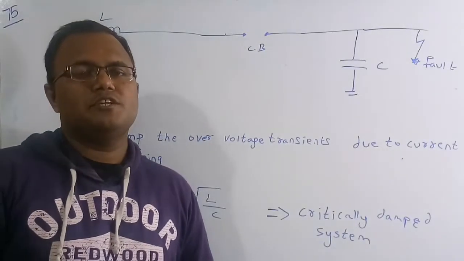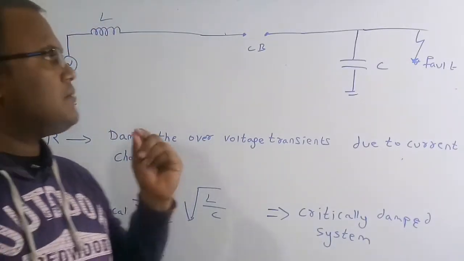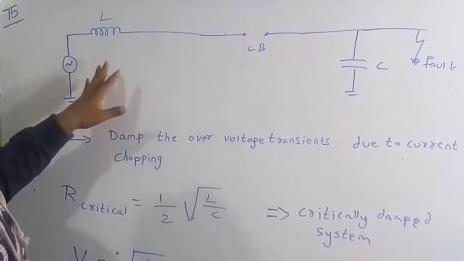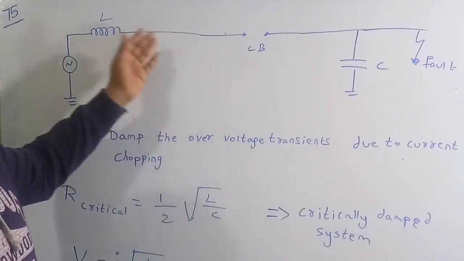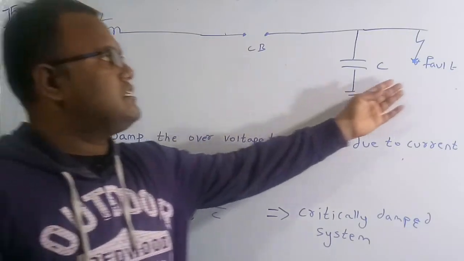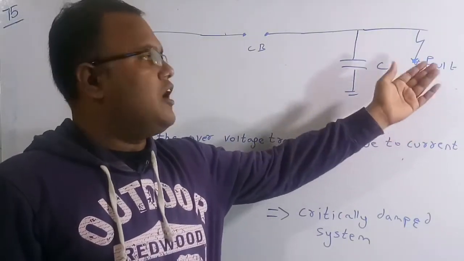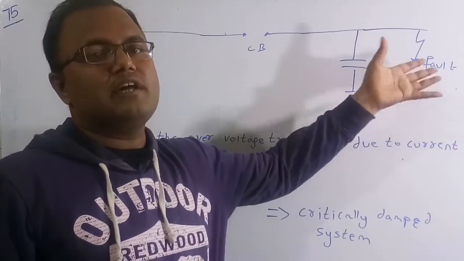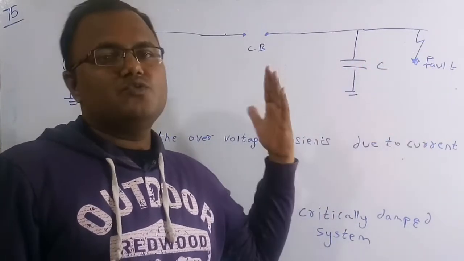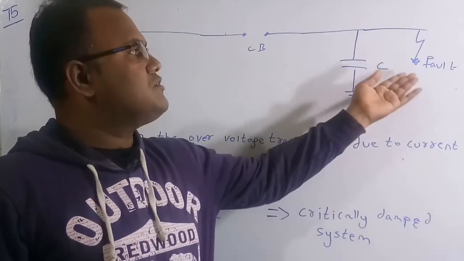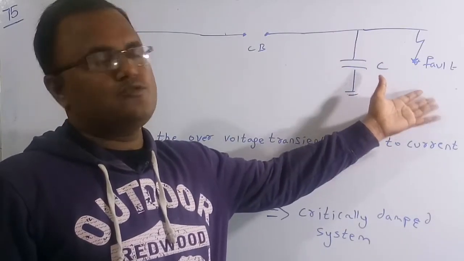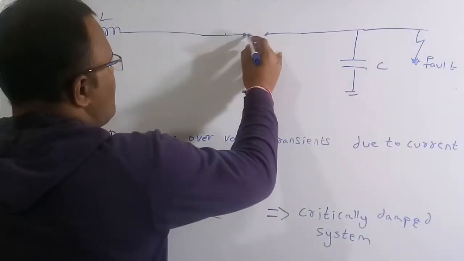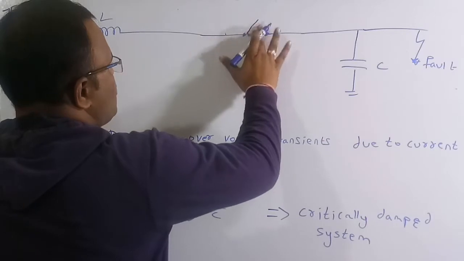So now we'll discuss something about the air blast circuit breaker. The air blast circuit breaker is also called the air circuit breaker. Here there is a power system transmission line with an inductance and a capacitance. Suppose a fault occurs at a load, or any fault occurs in a power system, then definitely a huge amount of current is going to pass through that line. So we have to remove this line because of the huge amount of current, so that we can protect the load. So now the circuit breaker is going to open the lines.